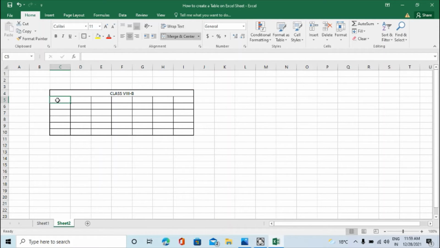Now here I have to write serial number. Okay, so 1, 2, 3, 4, 5, since there are 5 students in the class. Select the cells once again, center it. Now here we have to write the names of the students. So names, and what are the names? The first was Rajesh, then Sonia, then it was Ravi,